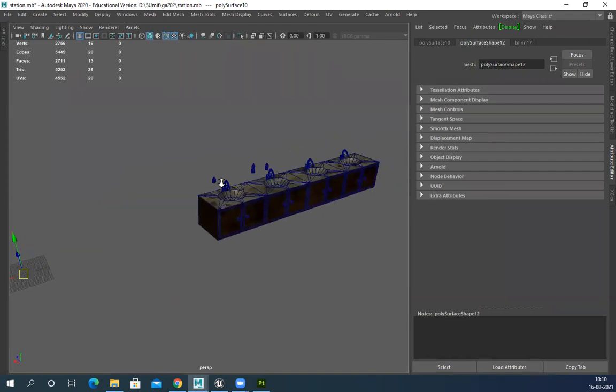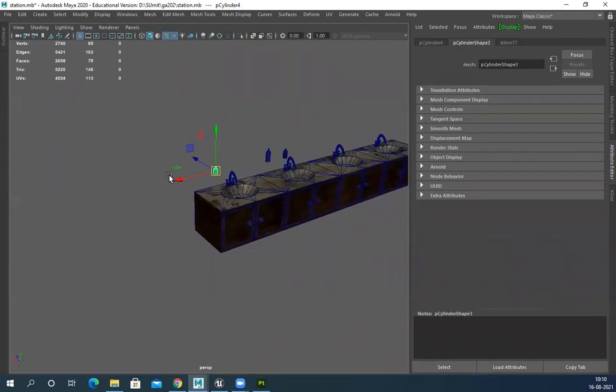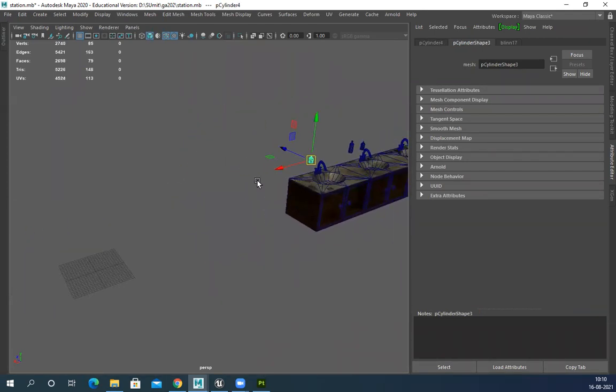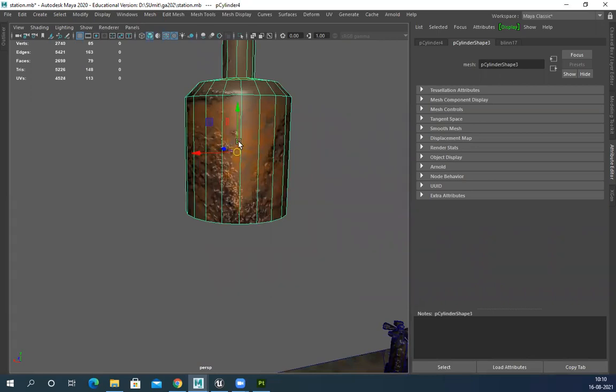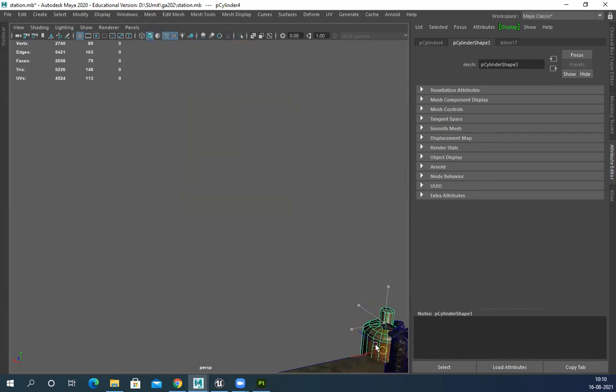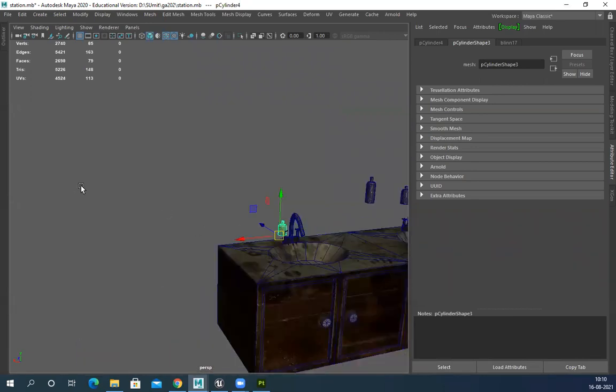Hide it. Now all these bottles I have to export separately. Because I want to use them as tileable, V and snap to any of the corners.